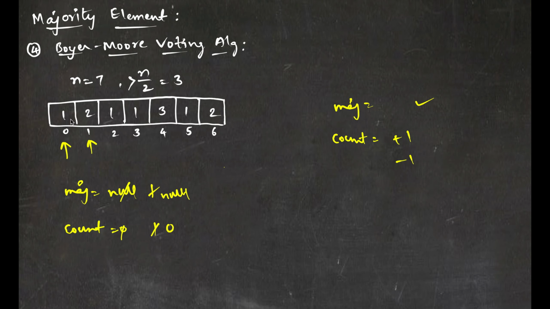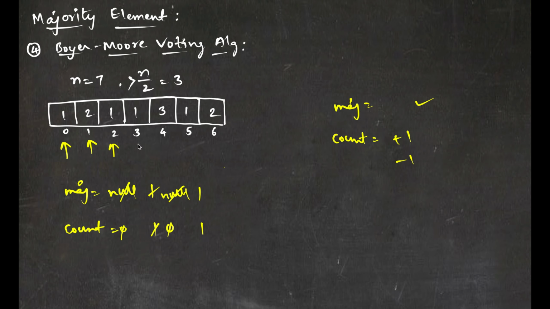And what this majority element now says is that there is no majority element at this index. We can observe that here. This subarray contains only 1 and 2, which have equal frequencies. That means there is no majority element. Now let us go to the next element, which is 1. Since majority element is null here, I'll just make this 1 and the count 1.